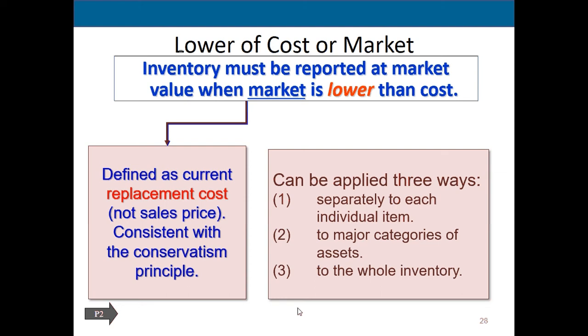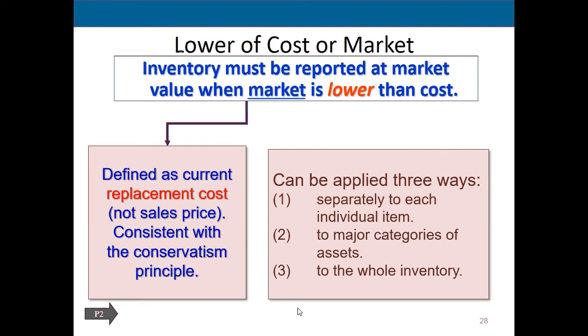It is defined as the current replacement cost, not necessarily the sales price, but I have to kind of think about it that way, right? If I'm going to sell it for $30, then most likely I could buy it at thrift store value for $30 as well. Consistent with the conservatism principle, another principle inside of generally accepted accounting principles, it can be